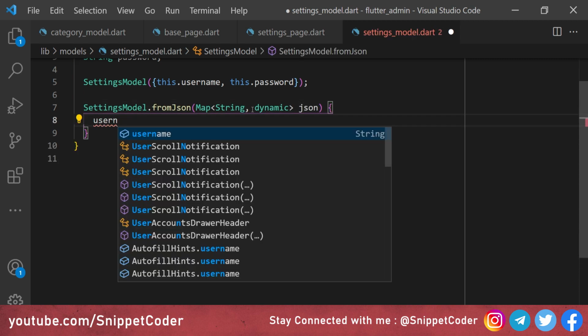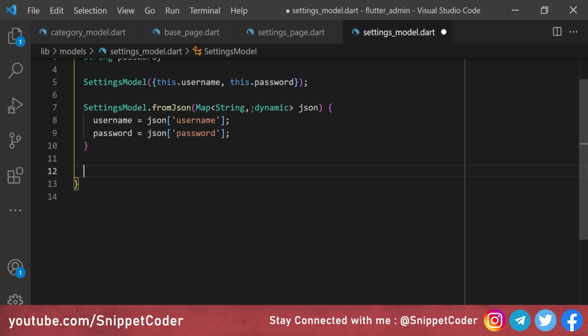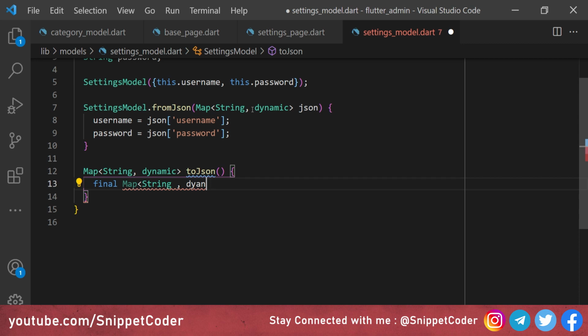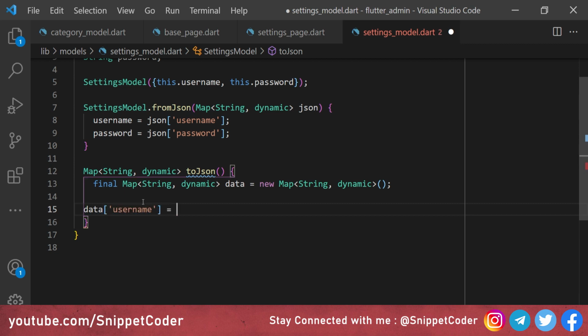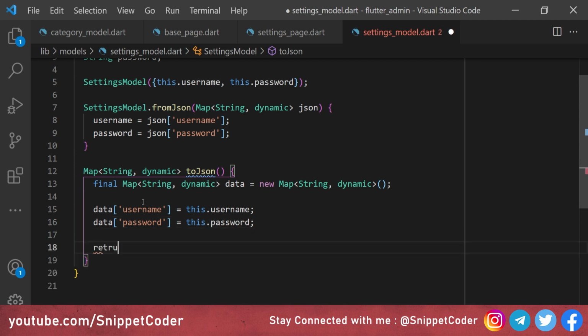And then we have username is equal to json['username'], password is equal to json['password']. And then here we will have Map<String, dynamic> toJson(), final Map<String, dynamic> data is equal to new Map<String, dynamic>(). And then here we will have data['username'] is equal to this.username, data['password'] is equal to this.password. Then from here we will return data.